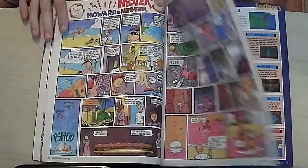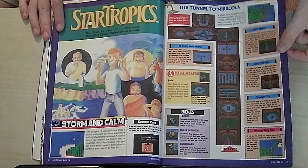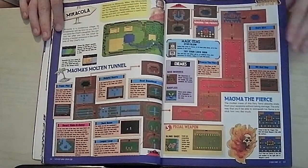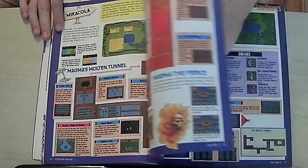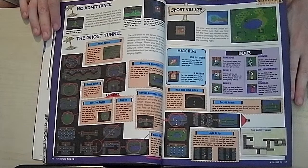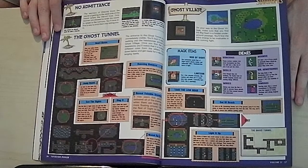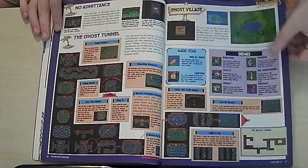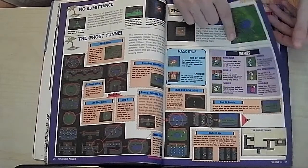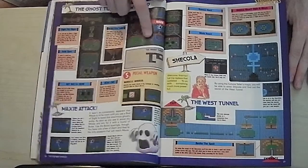Howard and Nestor, Part 2 of the StarTropics playthrough. It's ridiculous. Sounds kind of weird. I think Command & Conquer, which one had Tim Curry in it? I know the actor. I think he was in one of them. Oh yeah, this part, the Ghost Village part, I got stuck on the most. There's this little hidden area you gotta go in. It took me forever to figure out. But they have whole maps of these dungeons, like